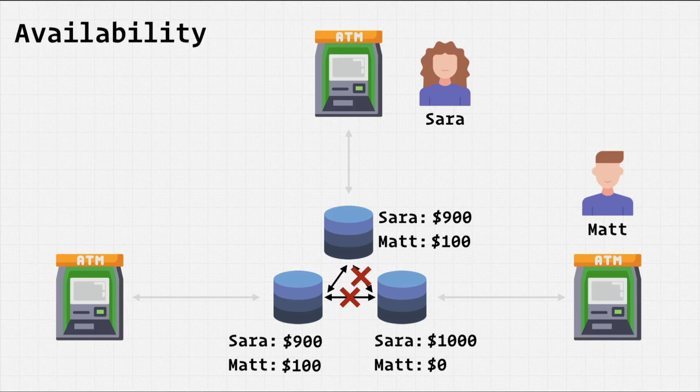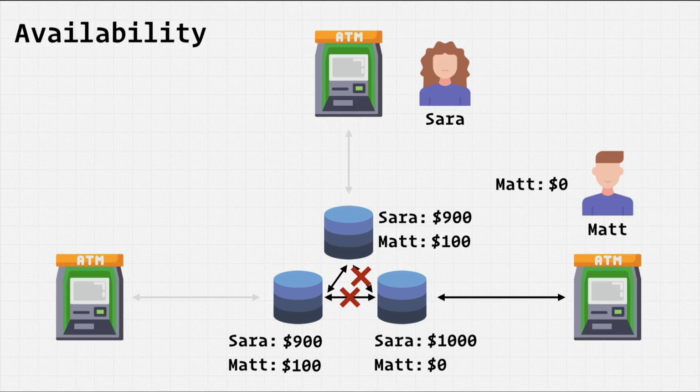Now, let's say Matt is in that bottom right corner and he is connecting to the ATM that is connected to the database that is partitioned from the entire other system. Here, when he tries to check his balance, he will see that he has $0. Now, the reason why this database, regardless of being partitioned from the rest of the system, still returns $0 is because this system is available, meaning that data always gets returned regardless of whether or not a partition is detected